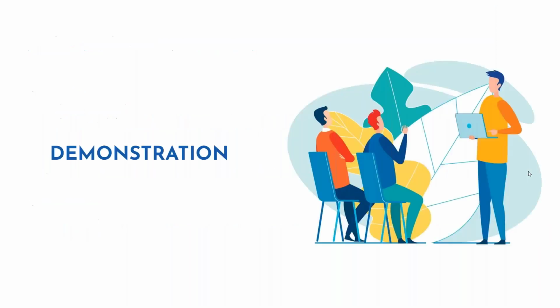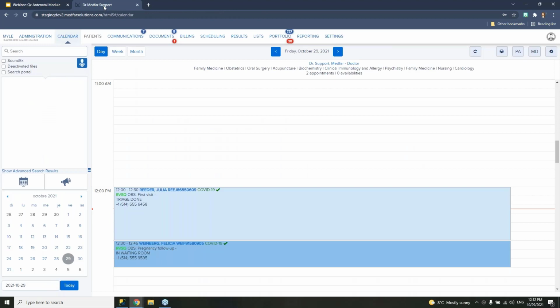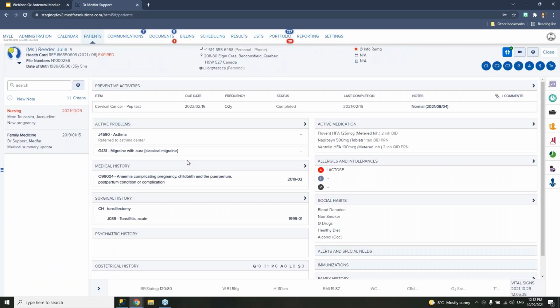So that being said, I'm going to show you what it's going to look like in MYLE once it's deployed in your environment. So this is a test environment, and let's imagine that I'm logged in as a physician, and I only have 2 appointments today. And my first one is for a first visit for pregnancy with Miss Julia Reeder here. So I'm going to access her file. And as you'll see, the note was already created by the nurse that I work with. So it was already charted. And if I access this note,